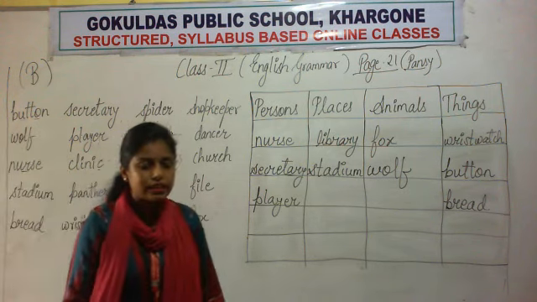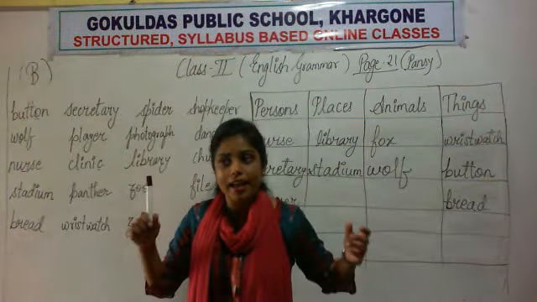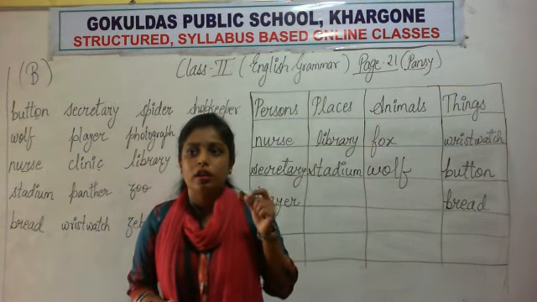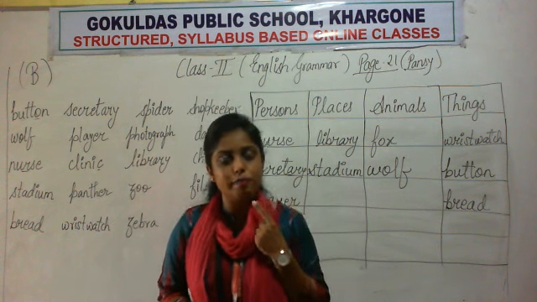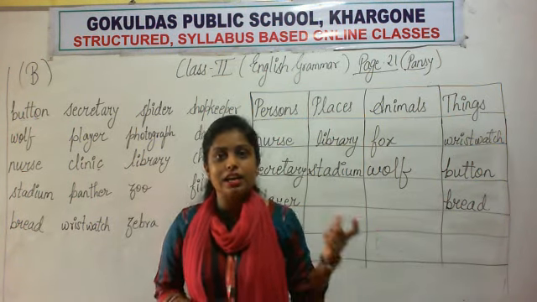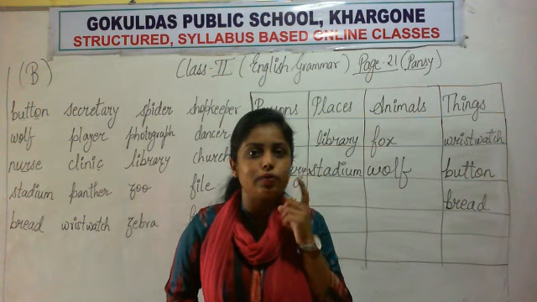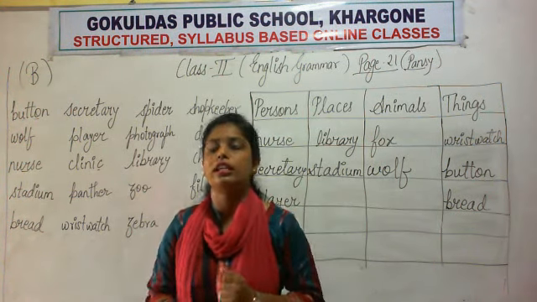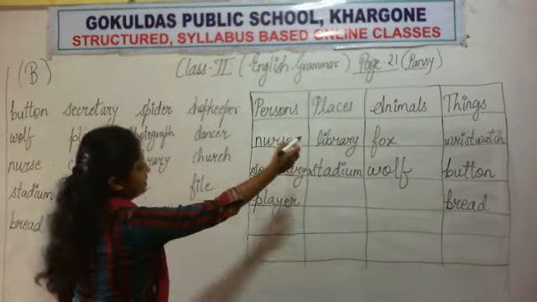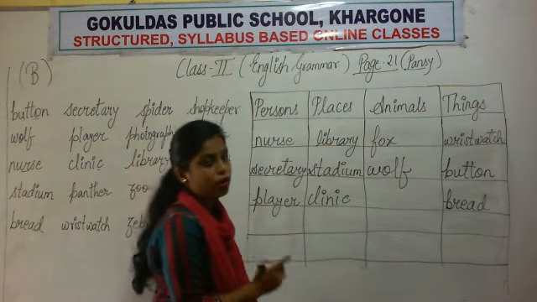What is a clinic? Clinic क्या होता है? Clinic is the place where you go for your medical checkups. आप जहाँ medical checkup अपना करवाने जाते हैं, जैसे if you have pain in your teeth, if you have pain in your tooth, तो where will you go? You will go to the dental clinic. अगर आपके दांत में दर्द है तो आप कहाँ जाएंगे? आप dental clinic में जाएंगे, जहाँ आपके वो teeth को check करेंगे. Okay? So clinic is the name of a place. So I am writing it here. Clinic is the name of a place.